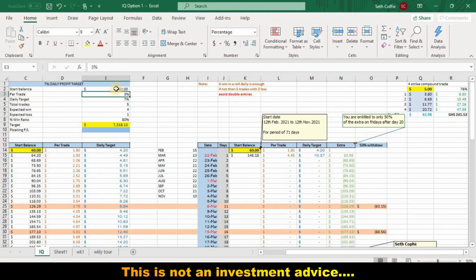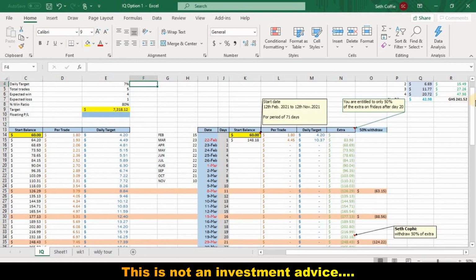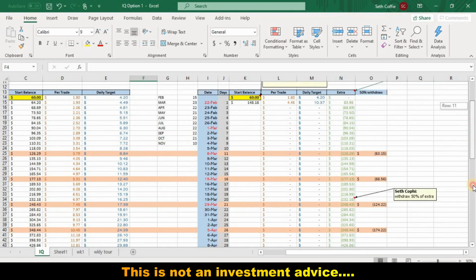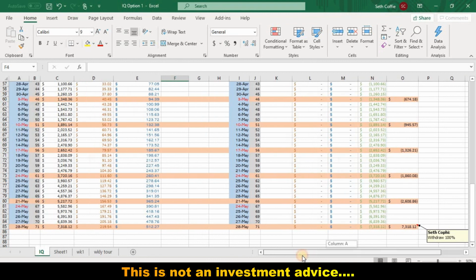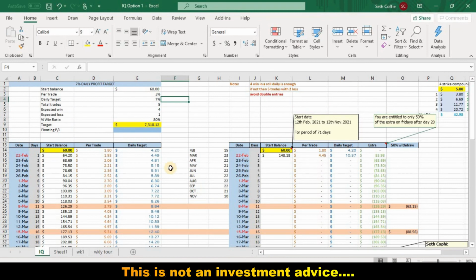3% per trade is 3% of my balance, but I'm not really using that for now, mainly because I have a target, and I am sure about the trade I'm hitting. So I have about 71 days that I'm trying to hit. But at the end of the day, I think I will make more than that because I'm not really going with the money management. But I advise you